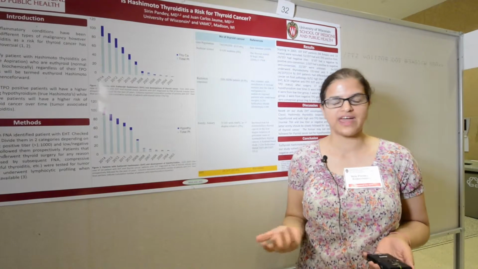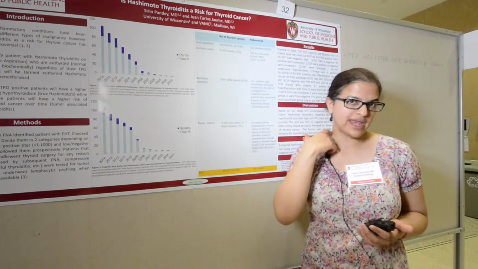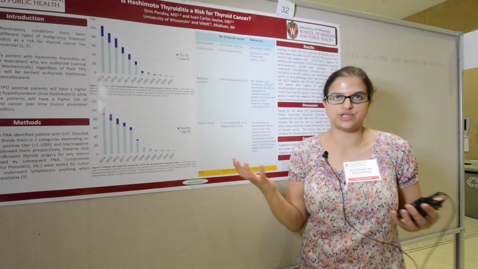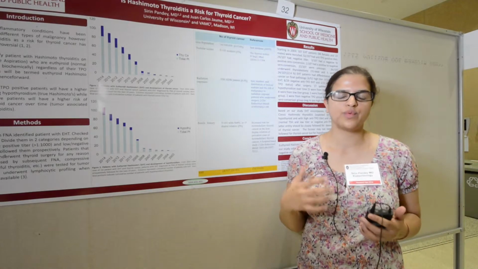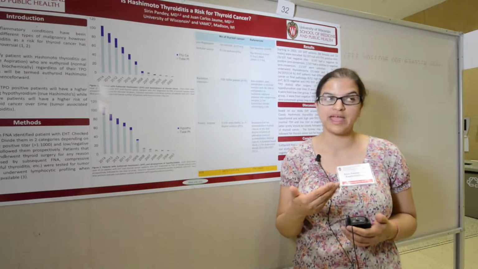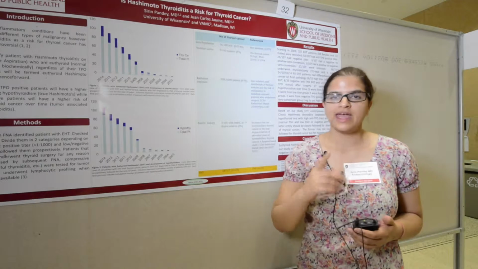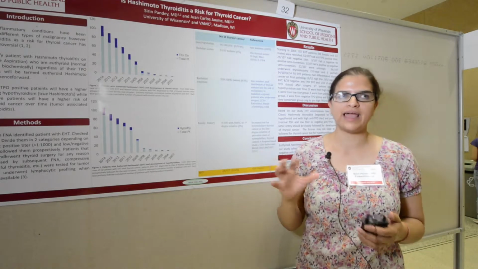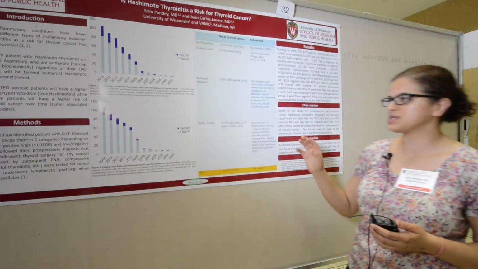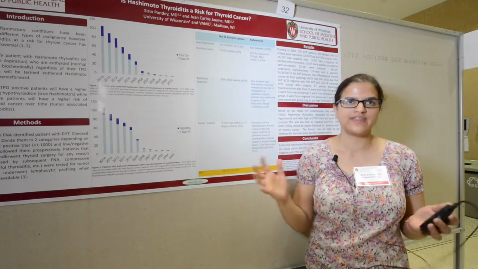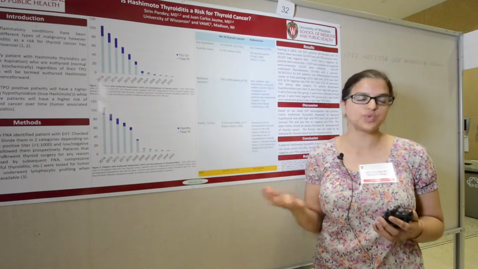So what does Hashimoto thyroiditis mean? Originally, when Hashimoto thyroiditis came into the medical world, it was discovered on a pathologist's specimen under the microscope by Hashimoto, and over the years it has evolved into being hypothyroidism with a positive TPO titer. That's how it has been described in the modern world, and how Hashimoto thyroiditis is known to everybody.